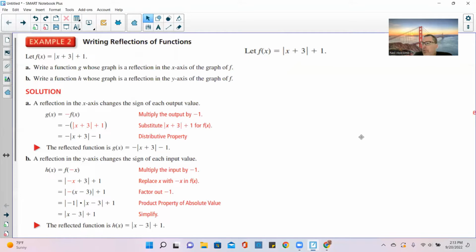So here is example 2, and it says writing reflections of functions. Let f of x equal the absolute value of x plus 3, and then plus 1 on the outside. So this is a shift left 3 and up 1. So if I graph that in Desmos right now,